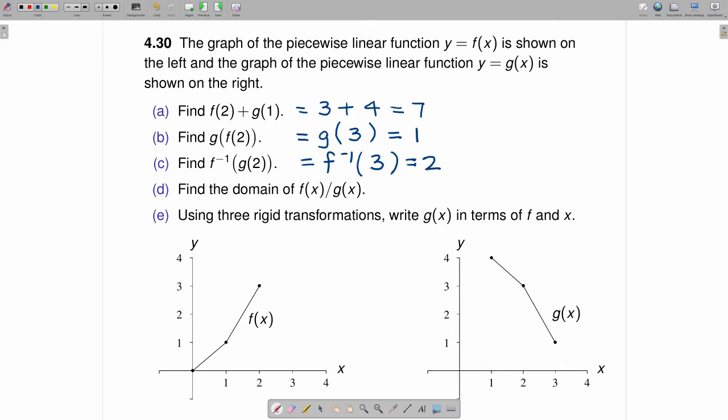Find the domain of f of x divided by g of x. Well, in this particular case, f of x is defined between 0 and 2, and g of x is defined between 1 and 3. So what we would like is the intersection of those two. So that domain will be the set of all x such that x is a real number and x falls between 1